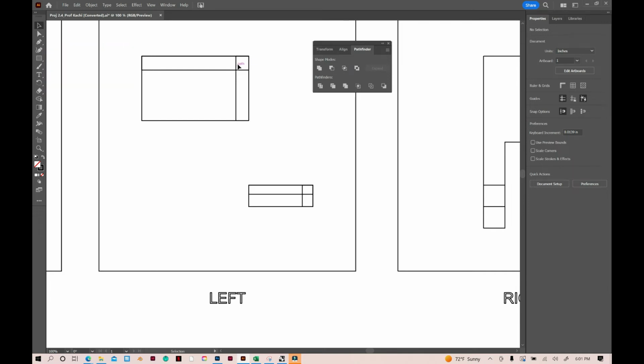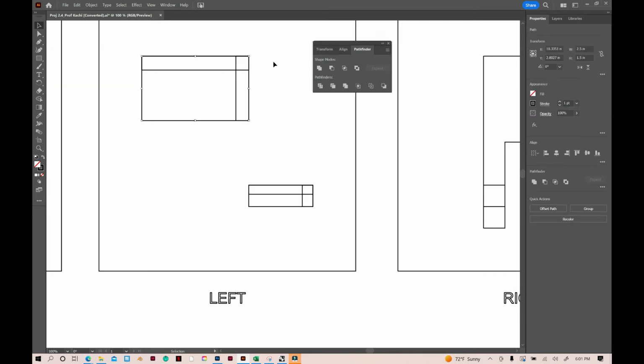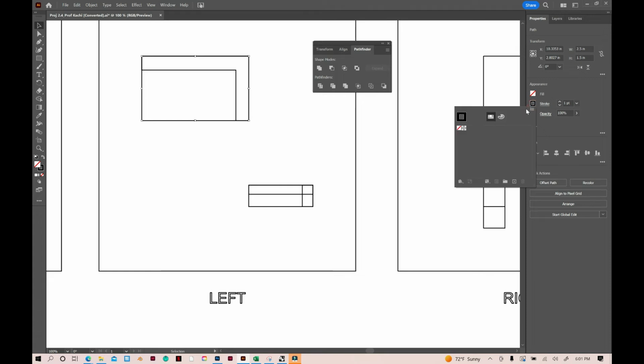You can use Pathfinder to help join multiple shapes so it creates one. Much like in Rhino, the Boolean union, the Boolean difference, it's much like that. This one unites it and this one minuses it. Difference. So uniting makes it one shape so that when we fill it with a stroke,